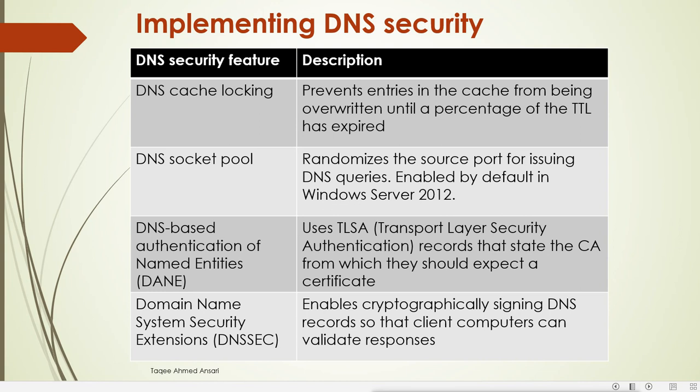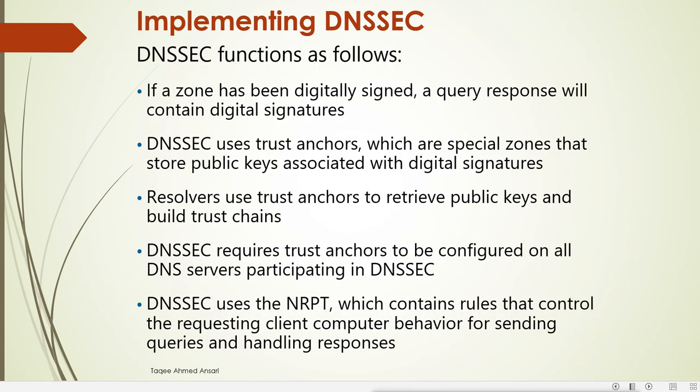Now clients will not do the DNS query by using DNSSEC by default. By default, the clients don't do the query of the signed cryptographic query. So we have to force the client to also use DNSSEC to do the queries, and that will be done by group policy. So we have to change the group policy and force the client to do the secure query. By default, the clients don't do the secure query, so we have to force them by creating and configuring the group policy so that they can do the secure request. So, implementing DNSSEC.